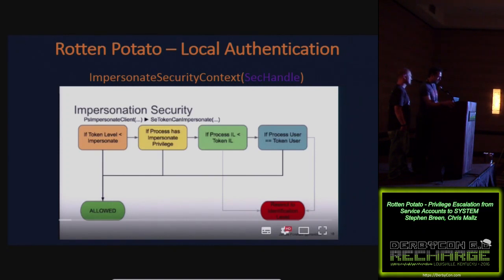Unfortunately, if we're able to get a token for something high privilege like system, then we can impersonate it. And where this comes up in pen testing scenarios, I'm sure all of you are familiar with this. You pop an IIS box, you pop a SQL server, you somehow get dropped into network service. It happens all the time. It happened two weeks ago to our buddy OJ, and you can end up stuck there if you don't have some way to elevate your privileges. But those accounts all have the impersonate privilege, so you can run this exploit from any of those accounts.